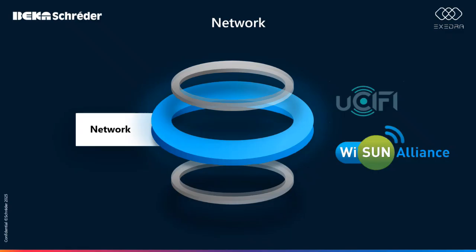So if we start looking at the network itself, what's important is to understand some of the terms that we were referring to. So WISUN, the wireless communication protocol, this is for large-scale networks offering mesh network, as you heard, that has a high reliability, a low power consumption, and it also enables seamless integration and communication among streetlights, sensors, and gateways. UCFi, or the Urban Control Framework interface, is an open interface that promotes interoperability among different manufacturing devices